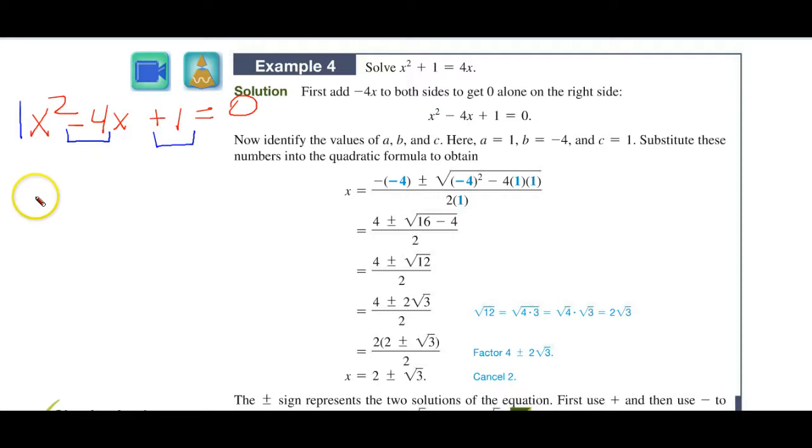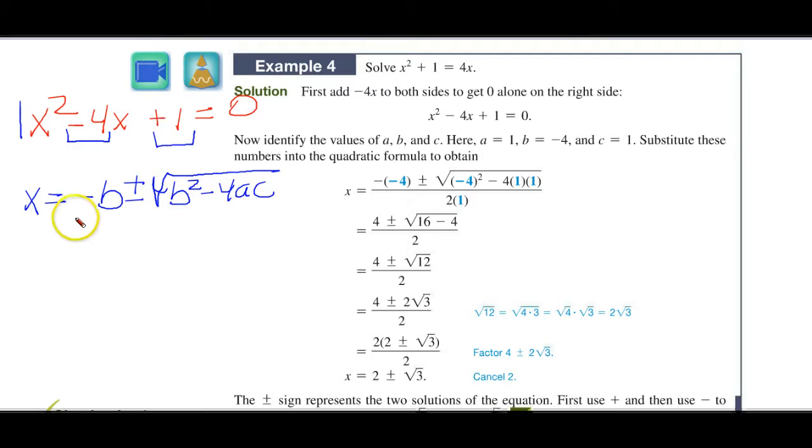And now we substitute into the quadratic equation, or quadratic formula. -b plus or minus the square root of b squared minus 4ac all over 2a. So x will equal,